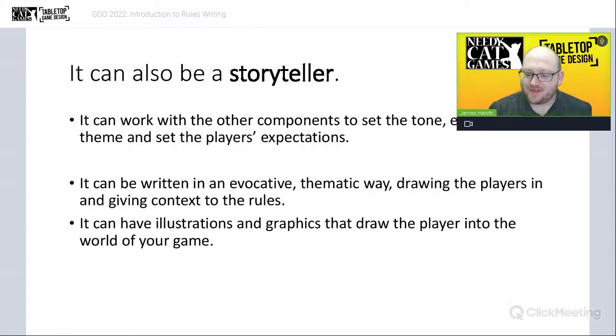What about as a storyteller? This is kind of bonus credit, right? This stuff is maybe secondary to the first two, but I still think it's important. Less so for abstract games, more so for heavily thematic games. But your rulebook can be working with the rest of your components to set the tone, evoke the theme, give the players some expectations about what the game's going to be. So if you want to do that, you want to be writing in an evocative, thematic way,